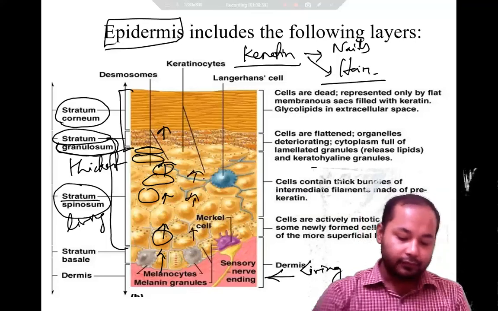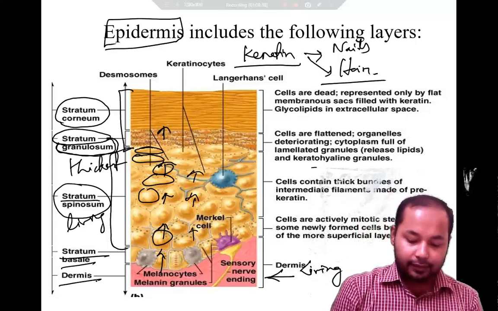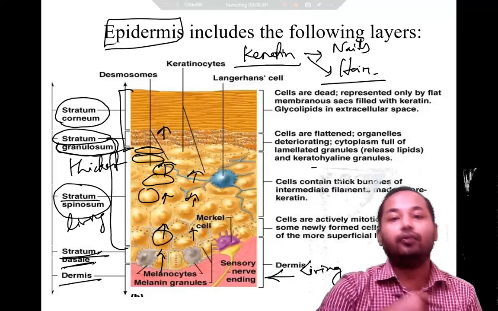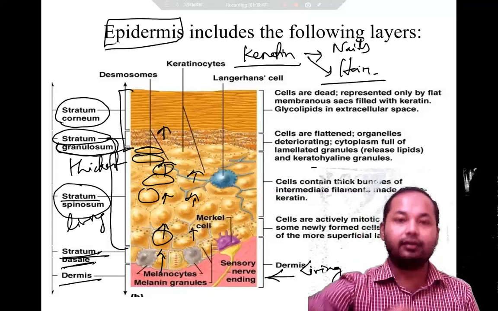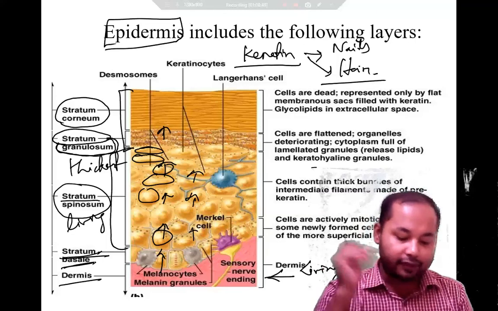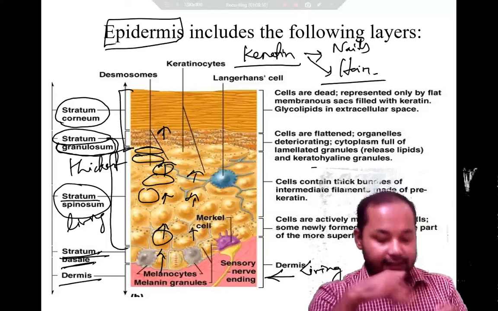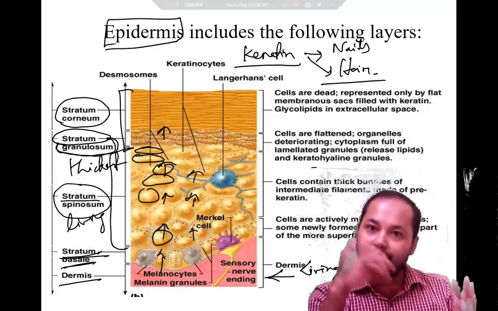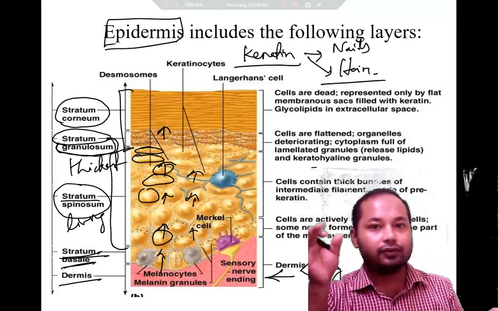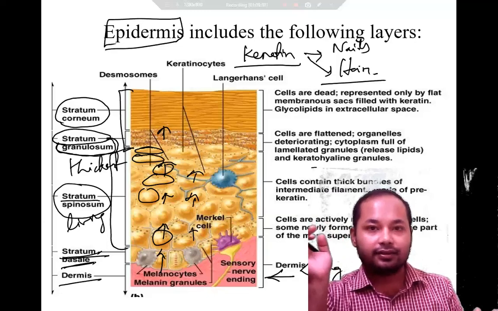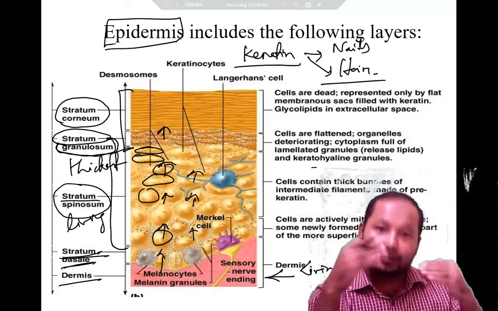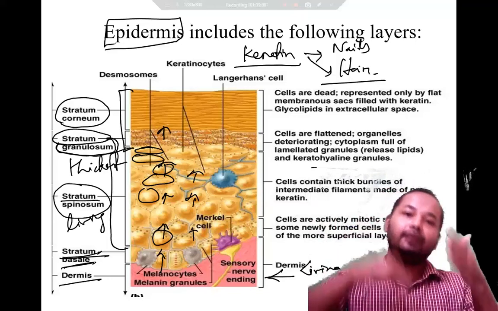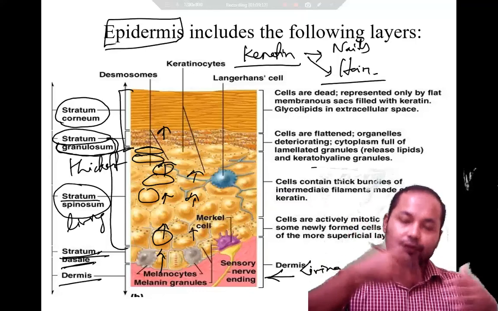Okay. Stratum basale, the lowermost layer, is the mother of all the cells which are found above. You have got the spinosum, granulosum, corneum. The mother cell is there in the stratum basale. They are continuously dividing cells, living cells. They are not having any kind of keratin secretion, and when these cells mature and move up, they go through spinosum, they go through granulosum, they go through lucidum, there is one more layer, lucidum, and then